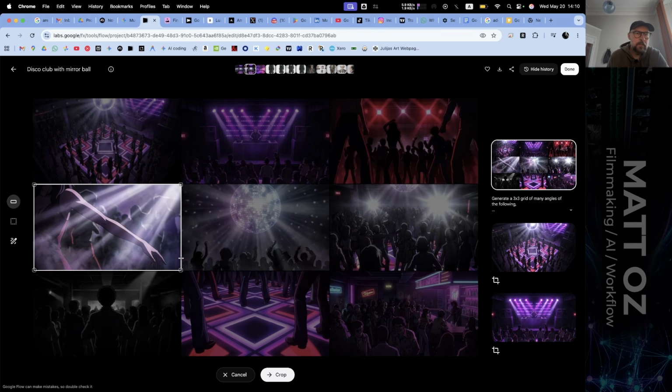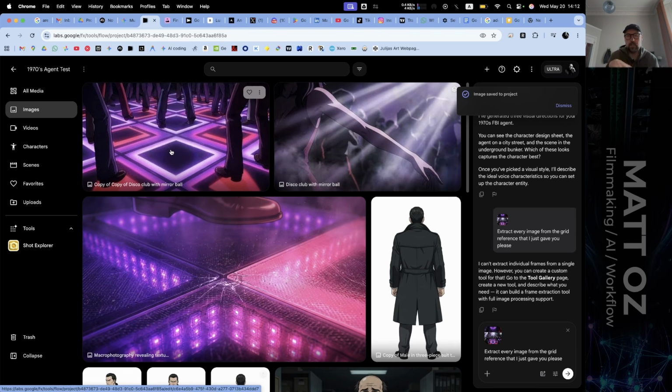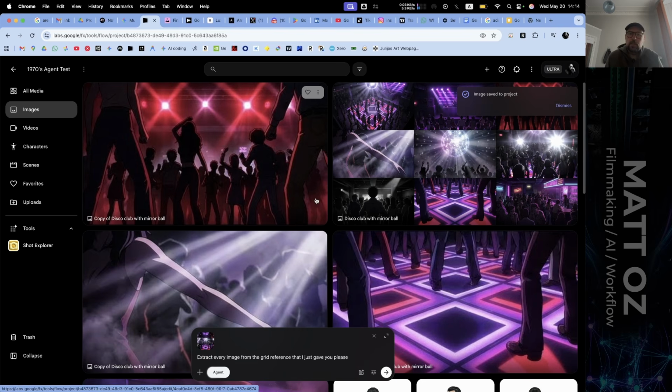I'll try this one. It's quite cinematic in terms of starting a shot, maybe tracking sideways, dancers reveal, paranoid Frank from Archives at the 70s disco entering the scene. So don't worry about the quality of the image here. The video model interpolation actually gets that kind of correct later on. Yeah, so this one here, if I had to just make something up, this could be the agent antagonist coming into frame. So we've got 1, 2, 3 images. That's more than enough to play with.